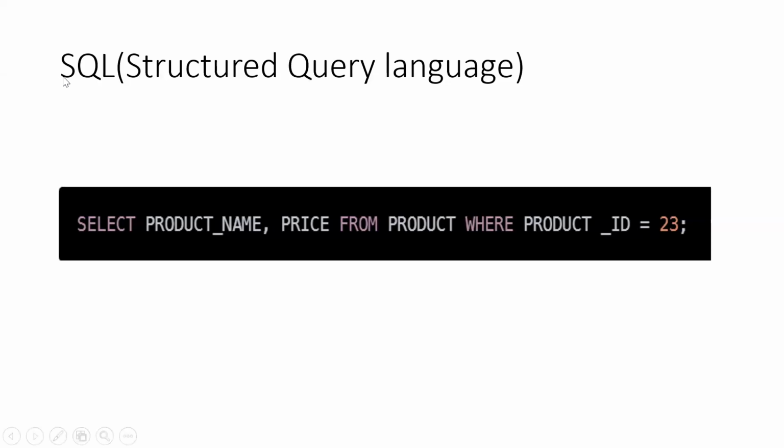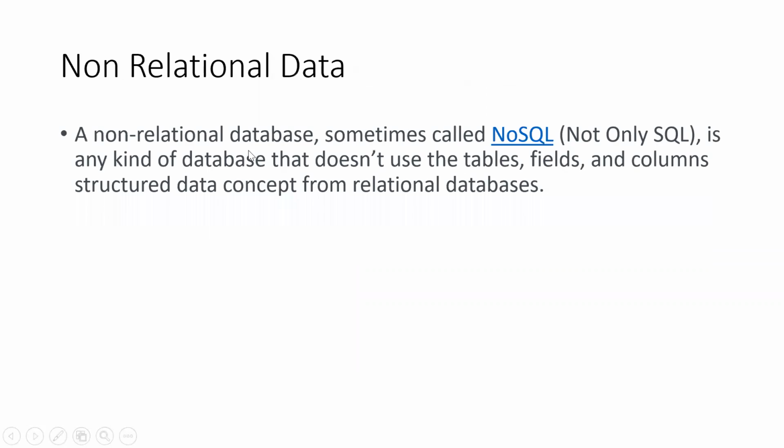That is called SQL, structured query language. It can be called SQL, anything. The full form is structured query language. It's a query, and this kind of syntax we need to put there. Suppose this is a table, product. Select different column names from the table, and this is the filter: which particular product I want to see from the database. We just need to put it in this manner. In the SQL chapters we will go deeper. I'm just giving you the concept of SQL.